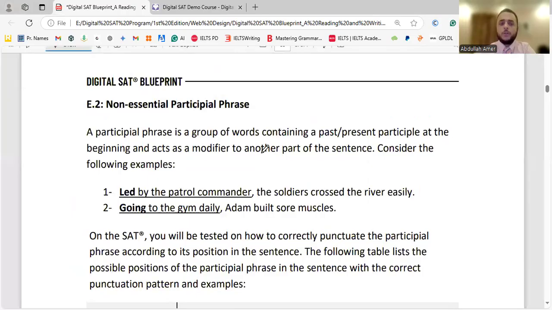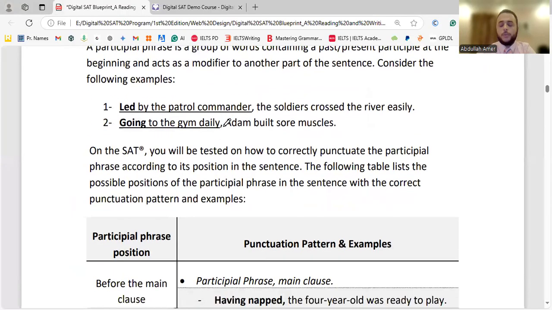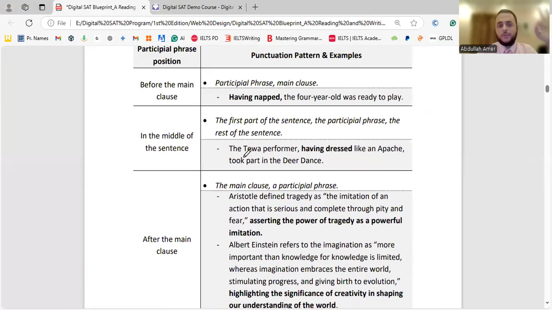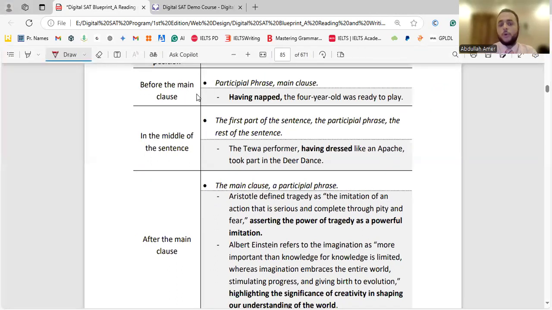We have also non-essential participial phrases. The participial phrase in the SAT, we have three options. Either it comes before the main clause, as in here, or in the middle of the sentence, or after the main clause. Before the main clause, like having napped, the 4-year-old was ready to play. So who was ready to play? Who napped? It's the 4-year-old. Okay? So now this is the first part of the sentence, then comma, the participial